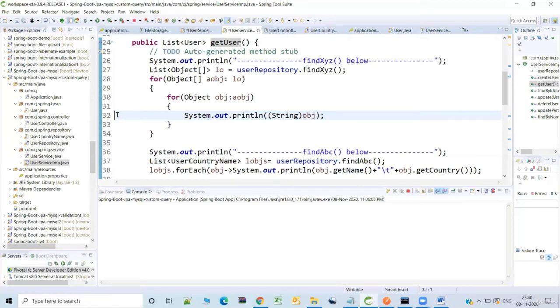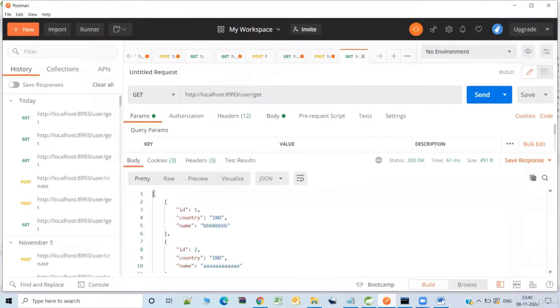Similarly with @Query, I'll be providing more examples. That will be added in the coming lectures. But in the meanwhile, let me hit the REST endpoint from the Postman tool, and let us check if it is working fine.